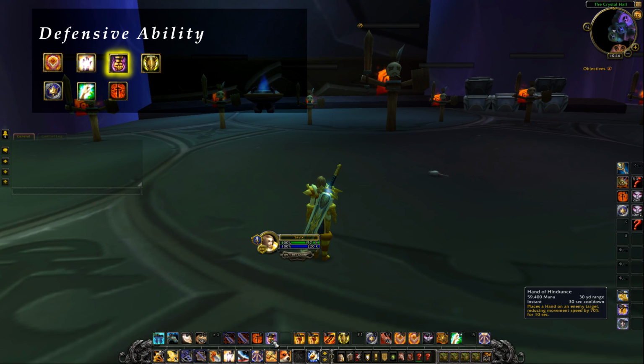Hand of Hindrance is a slowing ability. Since Retribution Paladins don't have any baseline mobility, this is really important for us. This spell will reduce your enemy target's speed by 70% for 10 seconds, and it has a long cooldown of